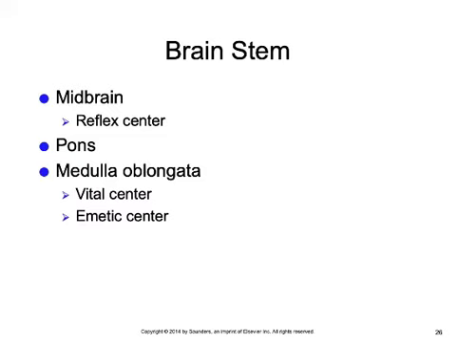The pons is critical for regulating breathing rate, and it's also a connection between the cerebrum, the brainstem, the cerebellum, and the medulla oblongata. So there's a lot of white matter in the pons. Okay, and the medulla oblongata, which is the lowest part of the brainstem, contains nuclei that control heart rate, blood pressure, respiration, vomiting. Okay,